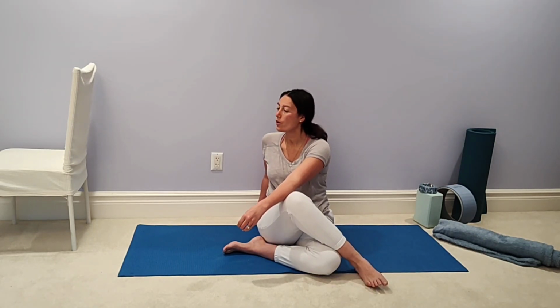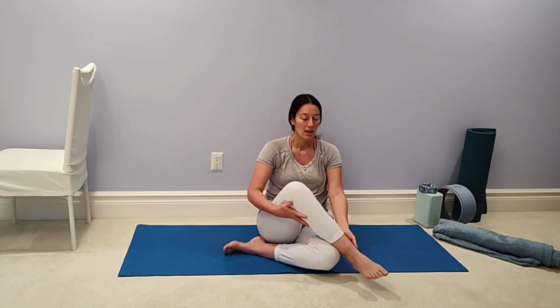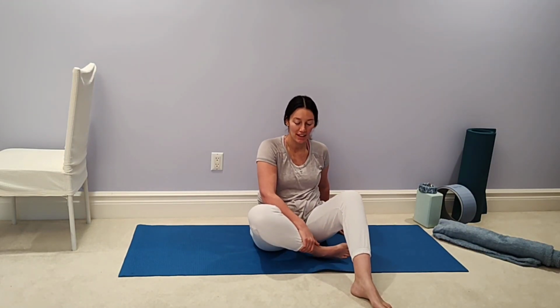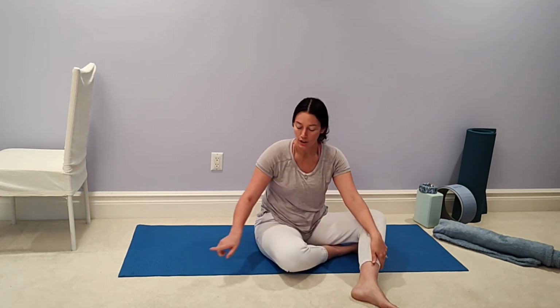Beautiful. And slowly untwist, releasing the neck, the thoracic, the lumbar spine. Bringing the right leg to the mat, untwisting the left. Now you're pointing the right knee straight towards the edge of the mat, bringing the left foot